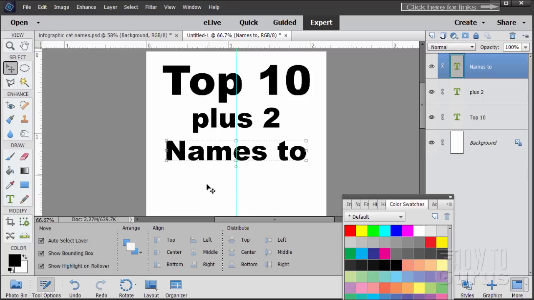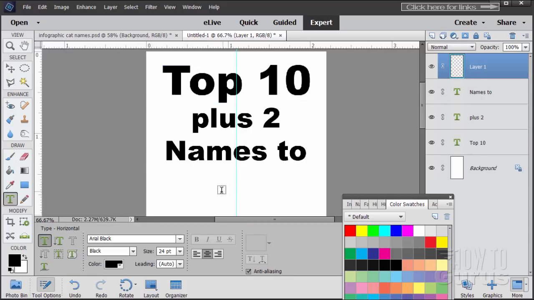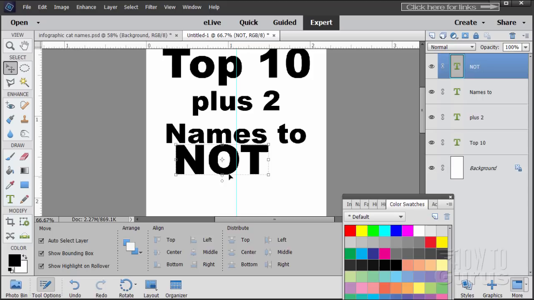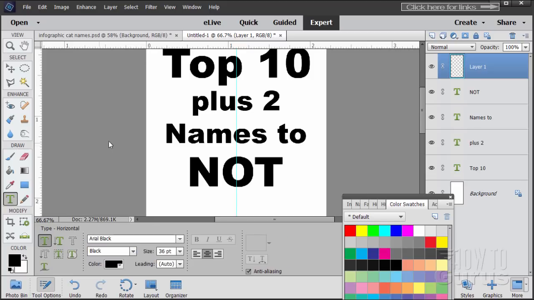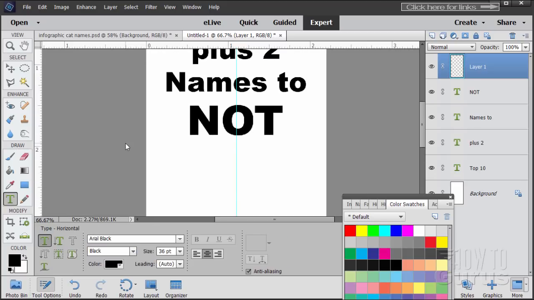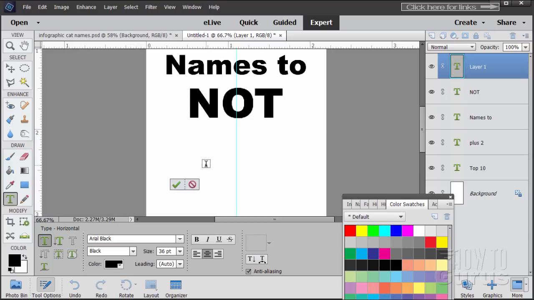Let's now put our next text down here. I want this big and bold, but it'll be the same as that, same typeface. So again, I'll do a new layer here so I don't mess things up. And just click over here and I'll put in not all caps. Double click on that to select that and change the type size here to 36. Scroll down just a little bit and we'll get that centered so it snaps into place. And we'll put in our last bit of text. Again, I'll just do a new layer here so I don't get things messed up. And type 2, and I'll scroll down just a bit, just the wheel on my mouse right there. Click any old place in here, and